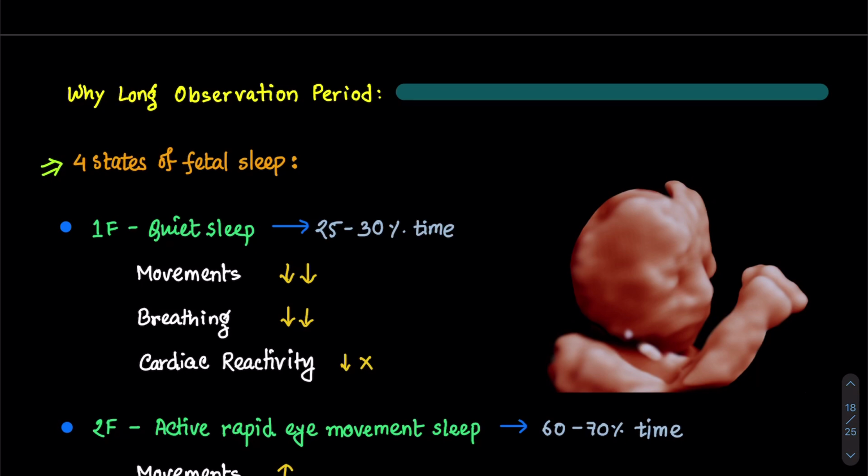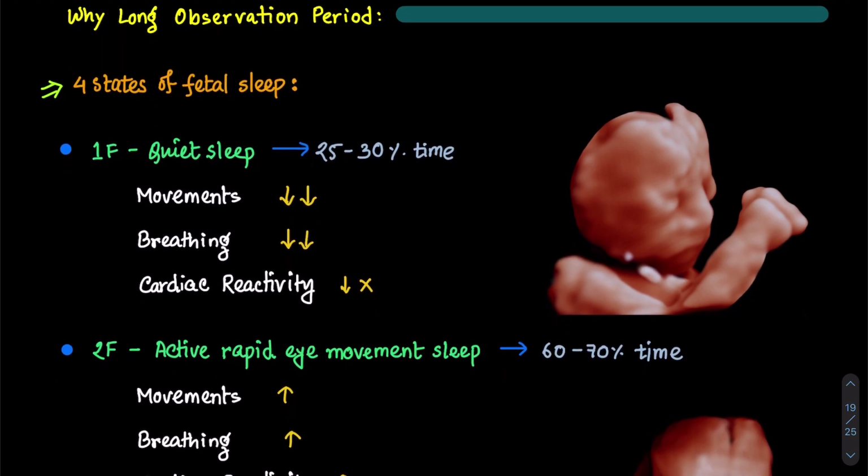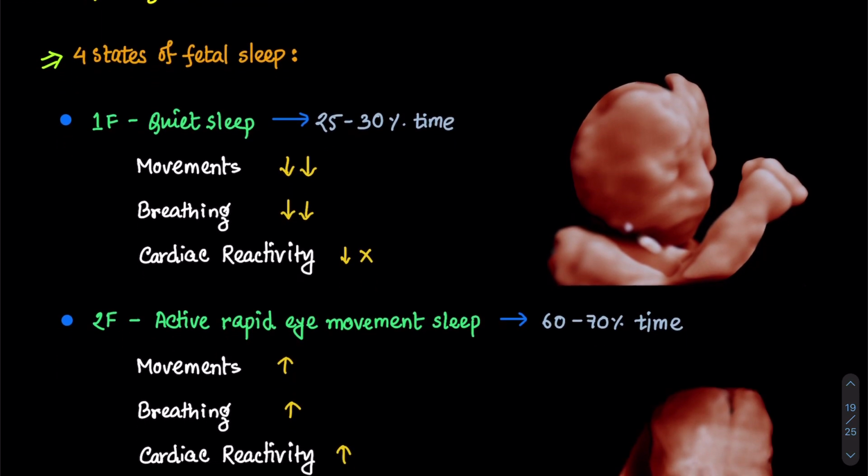Sleep state 1F represents quiet sleep. During this time, the fetus moves little, breathes infrequently, and has a heart rate that is generally devoid of significant accelerations. To term, the fetus spends about 25 to 30% of the time in sleep state 1F. So if you get the fetus in this state, you are doomed. Pause the video here and return back to the patient preparation discussion I made if you want to get rid of